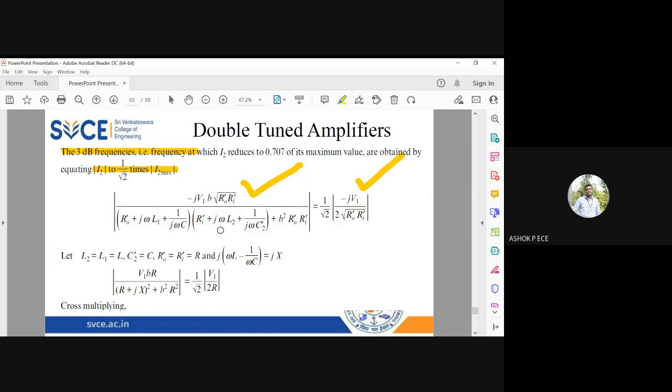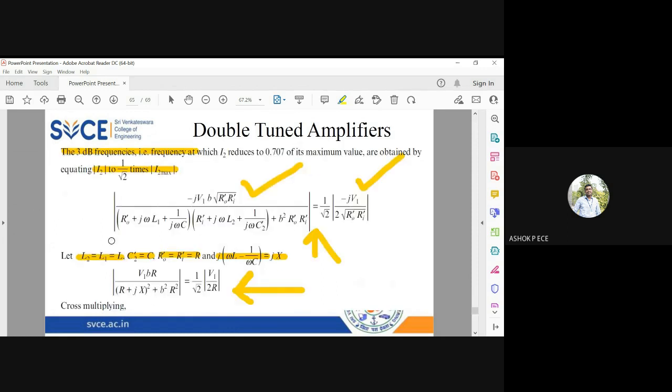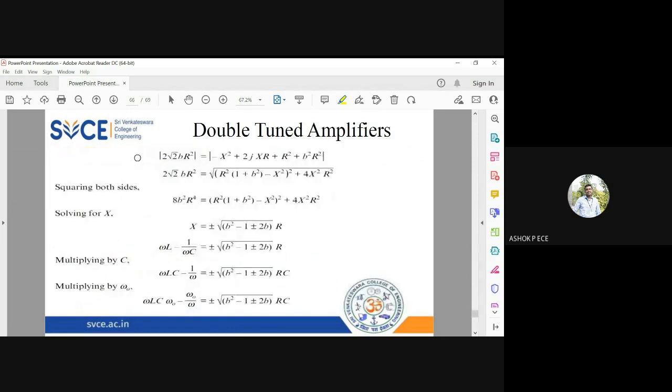We are going to do the same thing, the same approximation. We are going to take L1 equal to L2 equal to L, C2 dash equal to C, R0 dash equal to RA dash equal to R, and the reactance term I'm going to write as JX. When I substitute everything in the above equation, it becomes very simple. Now I'm again going to solve this equation, cross multiply, and I'll get this. Now I'm again going to solve this equation by removing the